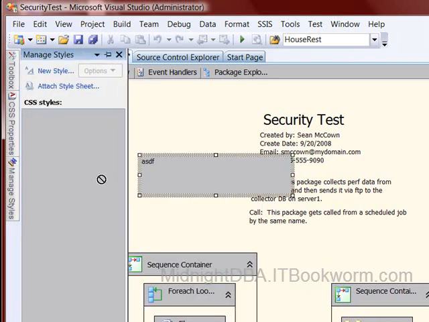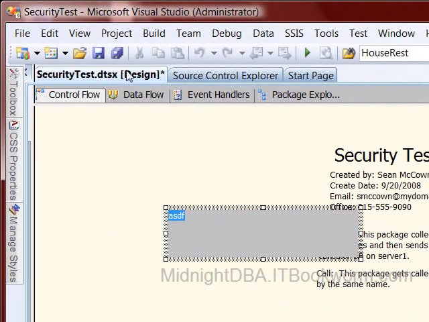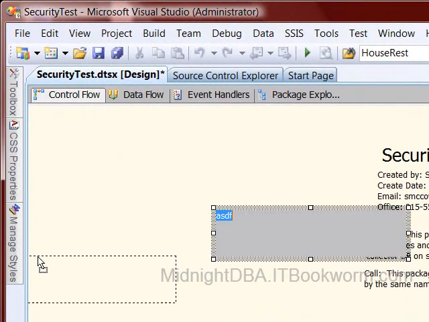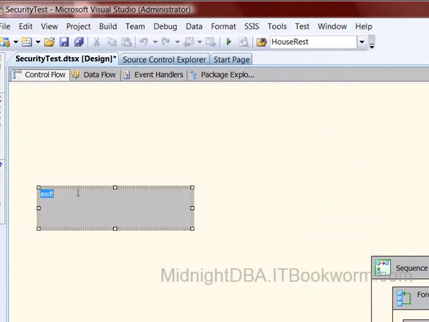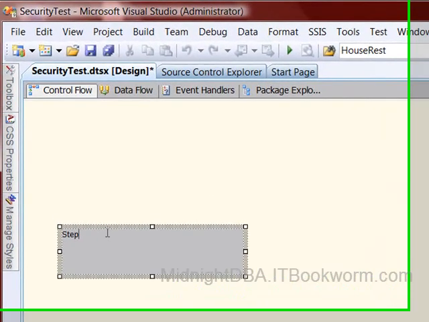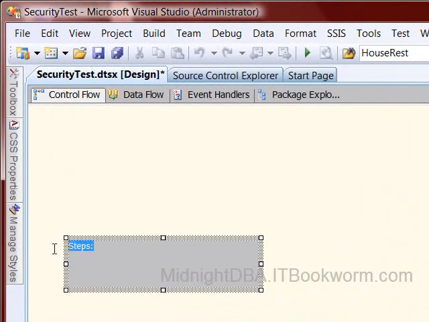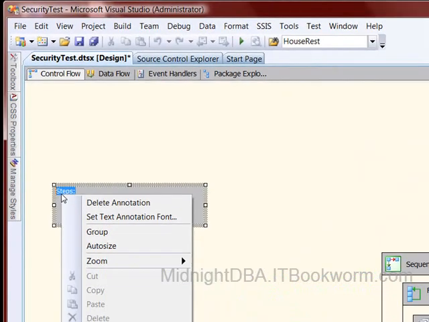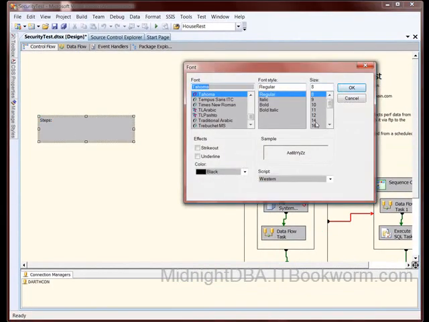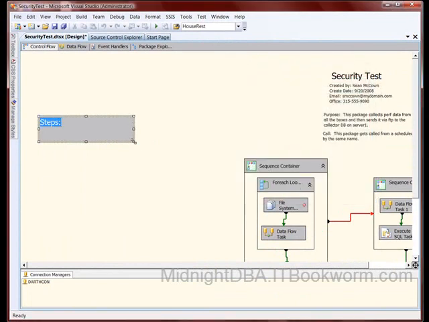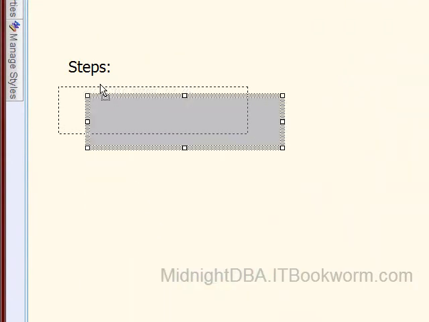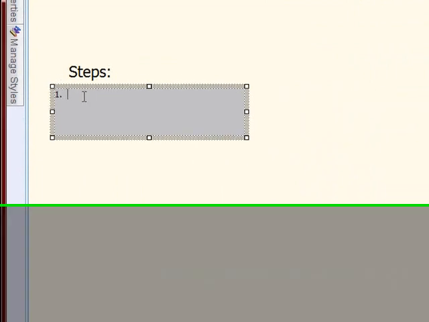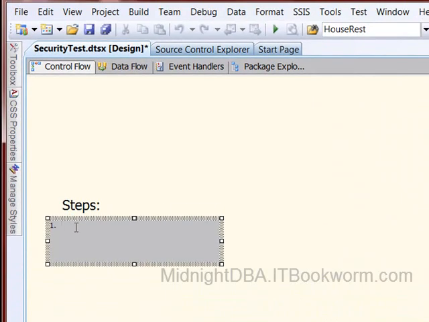Okay, add annotation. No, I'm just going to give it a little quick like this. Now, I'll come over here somewhere. There we go. Off over here, off to the side. Something like that, right? And I'll just call this steps. And again, I'll give it something like that, right? Then I'll add another annotation, and I'll say 1,